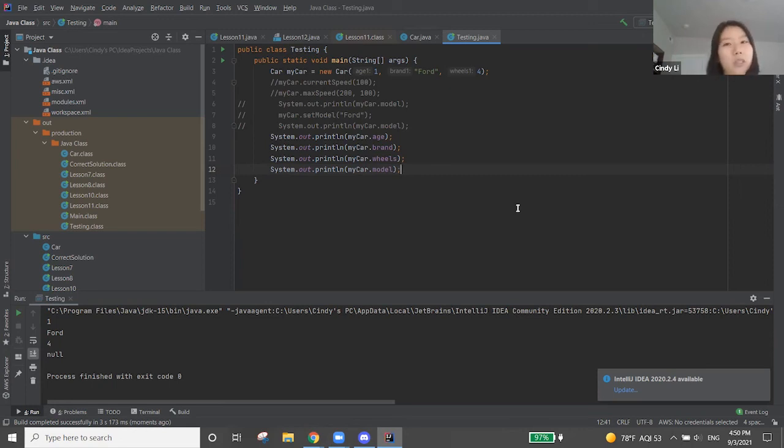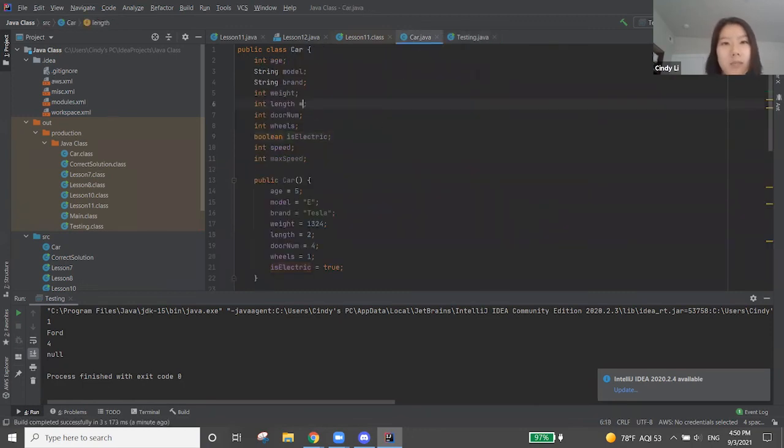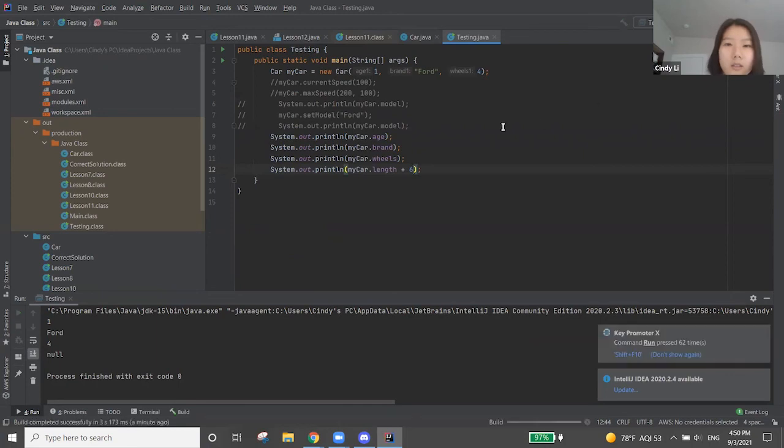There's no null pointer error because we don't actually do anything with it. In the case if we do length plus 5 plus 6, and I make length 0 again, this also works. However, if I do my car.model